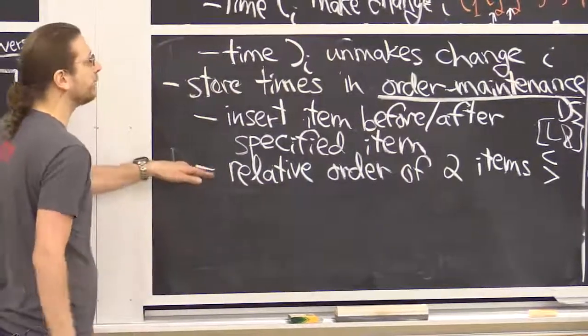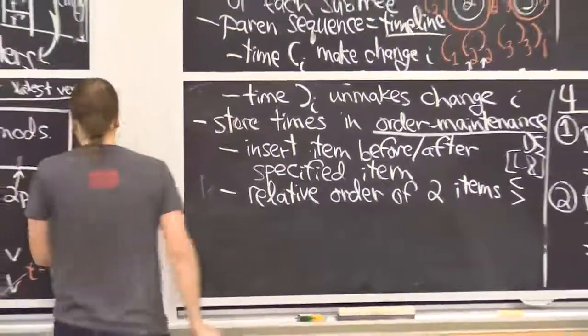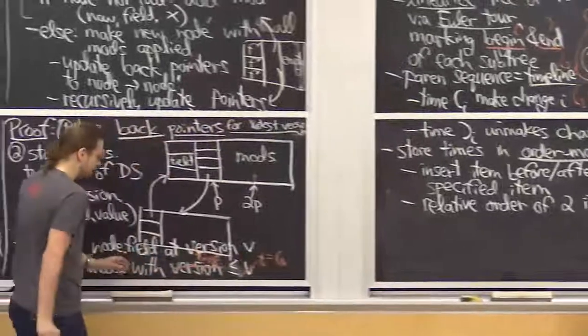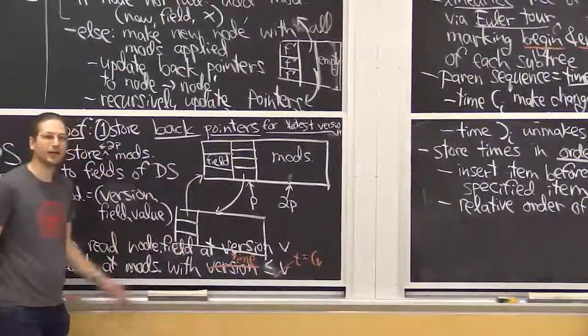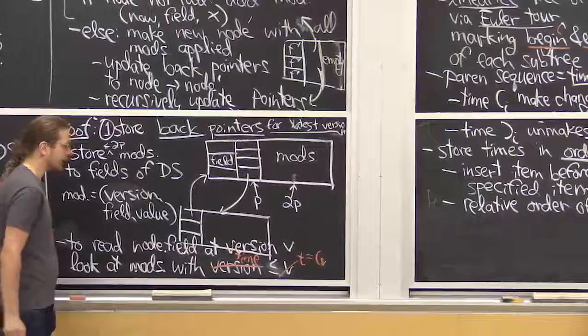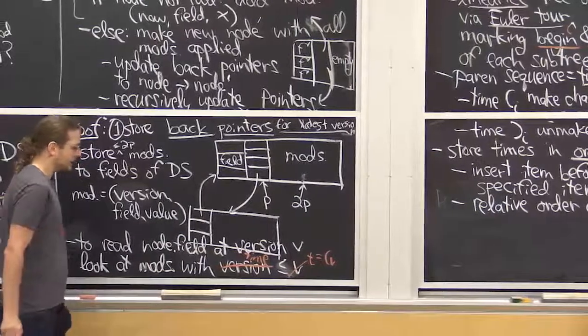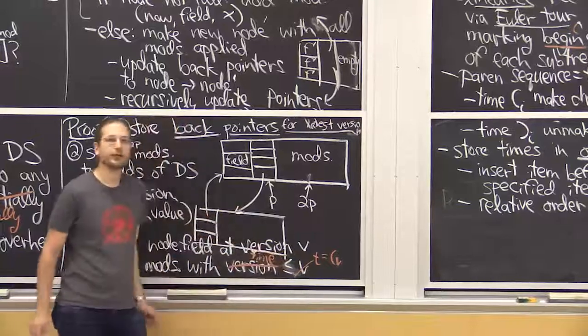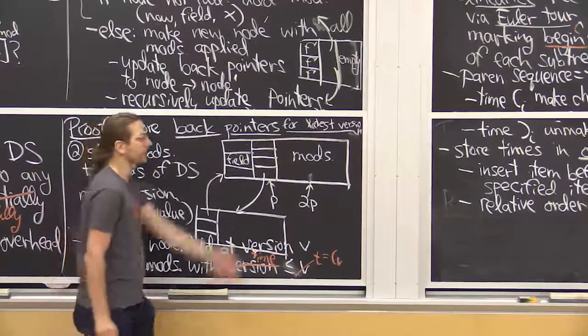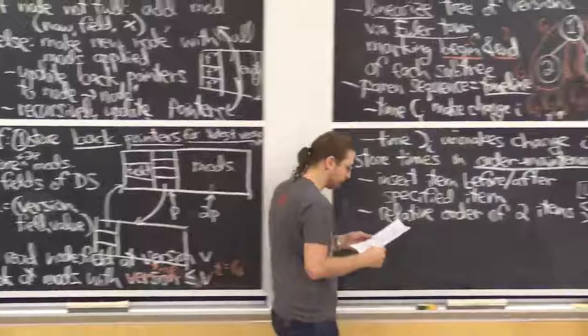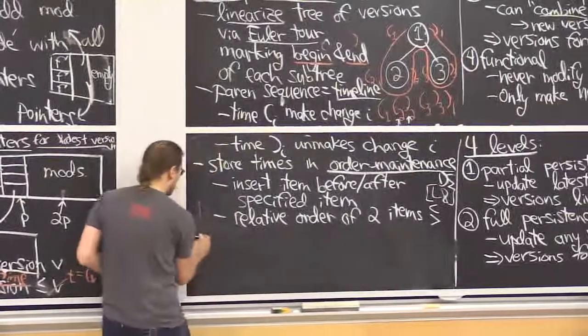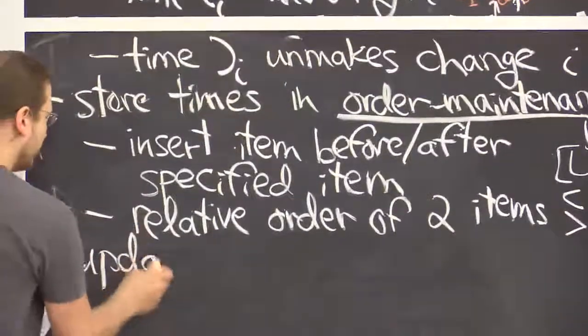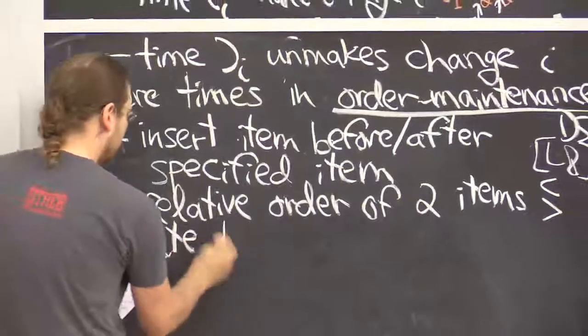So that's exactly what I need for this timeline, because when I'm trying to decide whether some mod applies to my time, I need to know, is that time less than or equal to some other time? Comparing times is all I need to be able to do with times. And I need to be able to create a new time in the middle. So if I want to update version i,